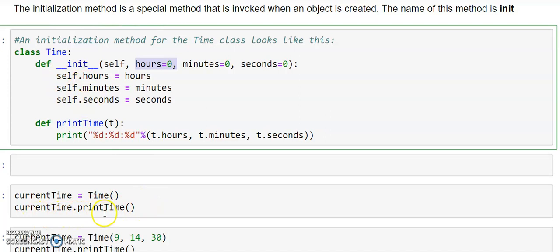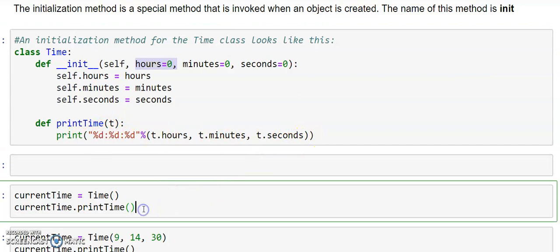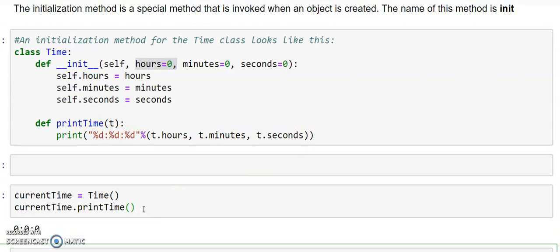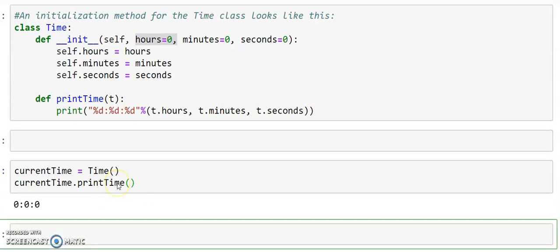We invoke the method print time, passing the current time as an object, as an argument. We print the values of these different attributes, so the result we get is 0, 0, 0.